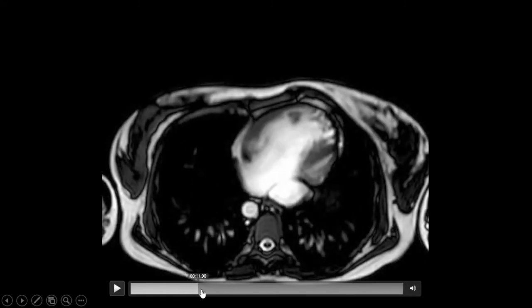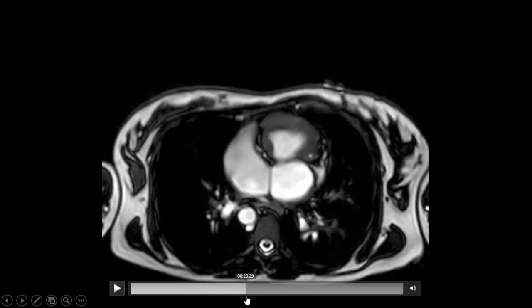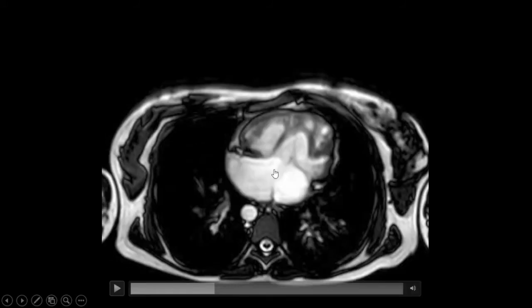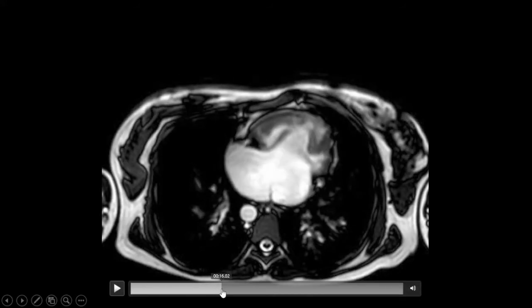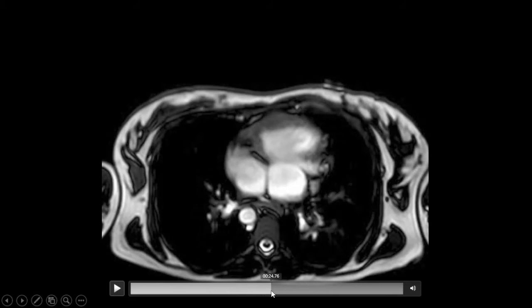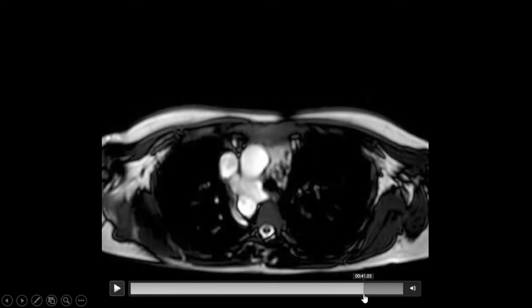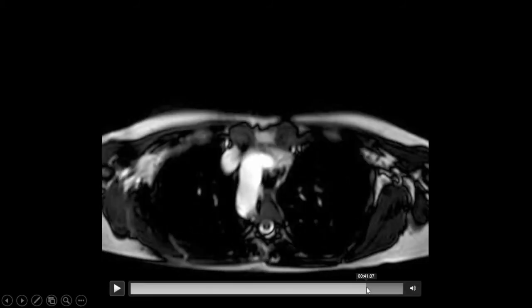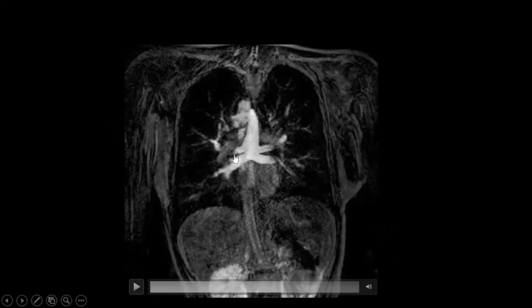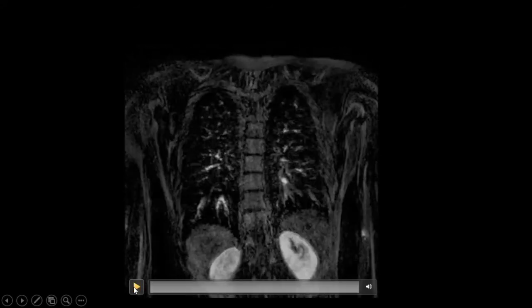IVC appears to be draining into the left side of the common atrium. Common atrium drains via the atrioventricular septal defect into the functional single ventricle, which gives rise to both the great arteries. The pulmonary veins are seen to form a common channel, which is draining into the right SVC. That is seen better in this angiography image, where we can see all the pulmonary veins form a common channel